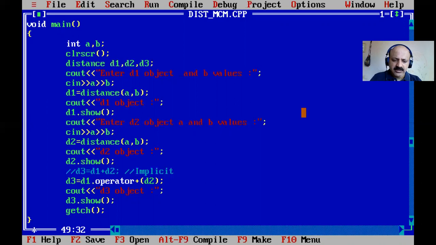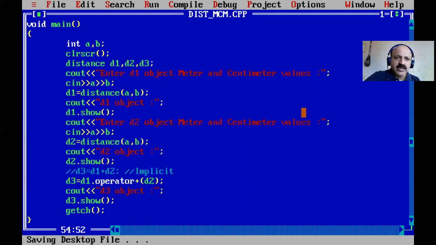So here we can write the meter, yes, and meter to A. That type is also possible, but that makes a very long message. So we can write only meter and centimeter. That is it. So meter and centimeter, so we can get the idea that this type of value we have to enter. So here, the same, we can change to meter and centimeter. Okay, now run again, and we can get the idea.